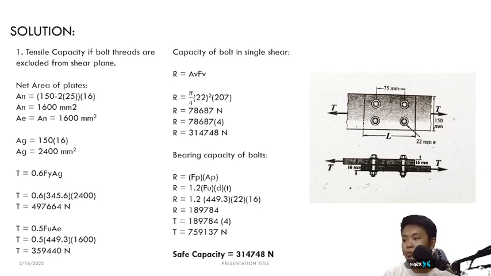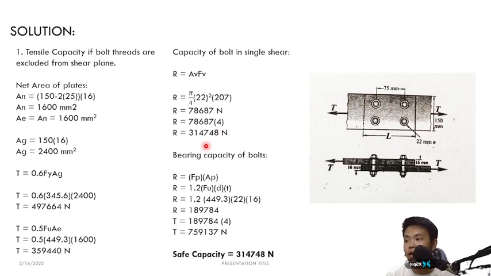So, para i-check, meron pa tayong isang way para ma-determine yung force. So, isa-solve naman natin siya through the capacity of bolt in single shear. So, R is equals to Ab multiplied by Fv. So, yung R natin is equals to pi over 4 multiply sa 22 squared multiply by 207. So, may makukuha tayo na R 78,687 Newton. So, i-multiply natin siya sa 4 kasi may makukuha tayo na